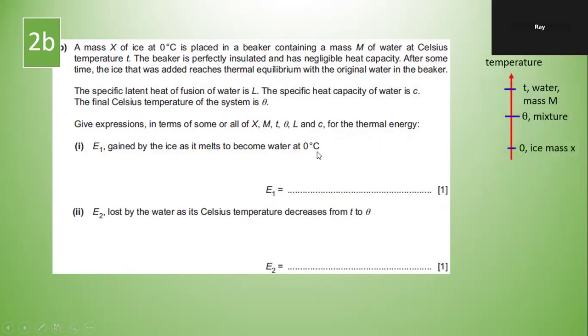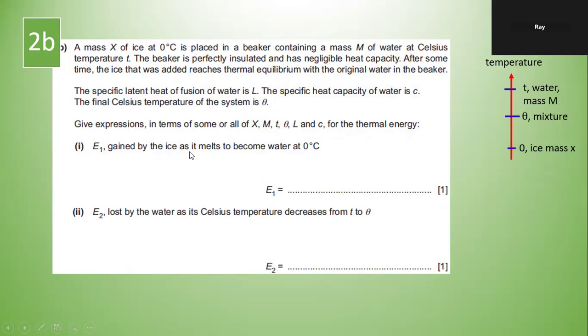Have a picture in your mind, or you can sketch on the question paper. That's where your ice is, mass X. There's your temperature T, degrees Celsius. Water has a mass capital M, and you add it to the ice, so the final temperature of the mixture is theta. So E1 is the gain